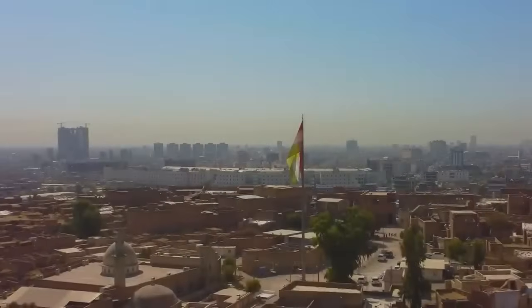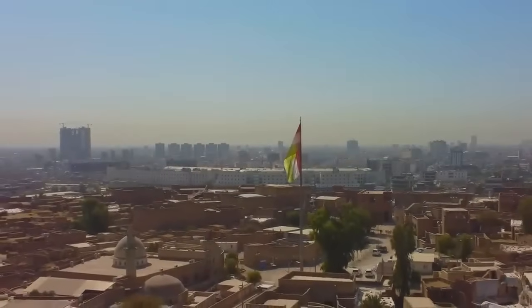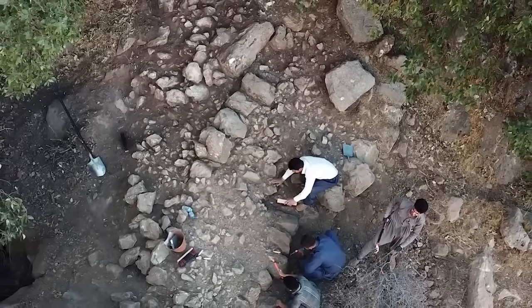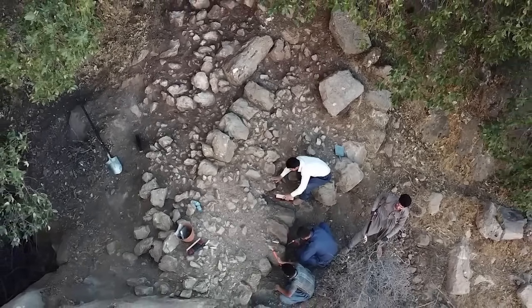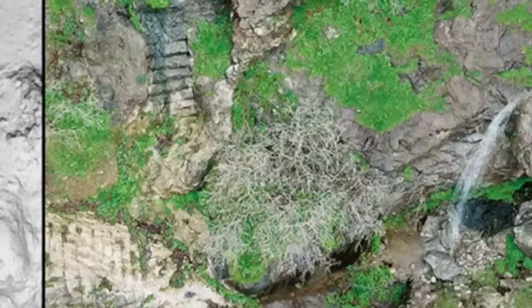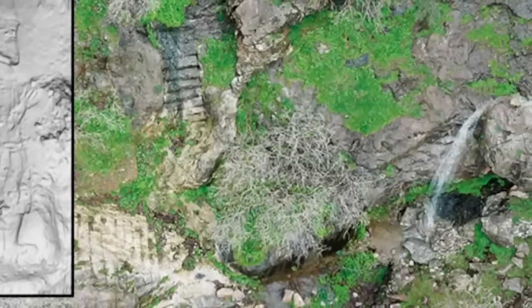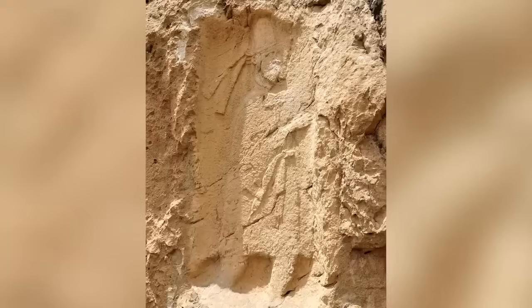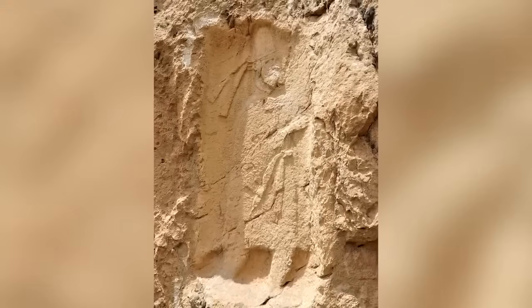How many times have you spent an age looking for something only to find it's right under your nose and has been the whole time? We know a few archaeologists in Iraqi Kurdistan who experienced that in July 2022. They've been excavating a mountain fortress at the site of Rabbana Merkuli. The existence of the fortress has been known about for some time, but this is the first formal archaeological survey to take place there. After a few weeks of digging, they now think that Rabbana Merkuli might actually be the